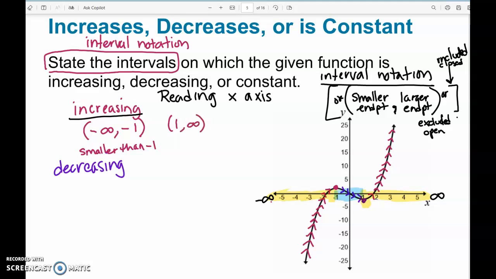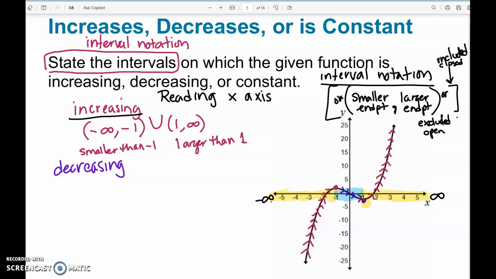And I'm putting parentheses on both sides because, again, the turning point is not included in the decreasing or increasing. It's kind of by itself. And the infinity is always open-ended. So this means numbers larger than +1. And we can say this, it's increasing. The union just means and